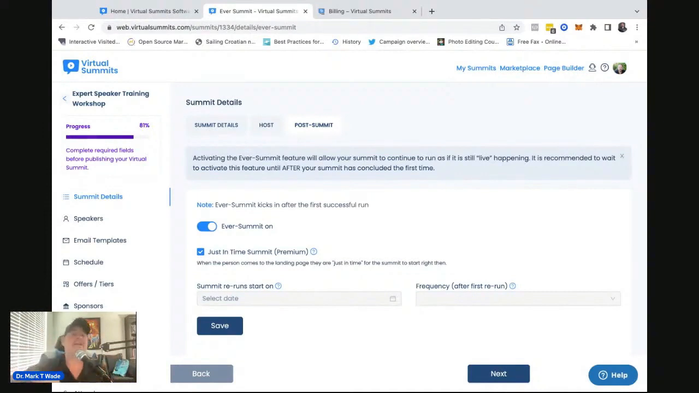Today's day one. Jump in. And if they register today, then it unlocks the summit as if today is day one, and runs the summit as if it's starting that day. So that's really great for catching people at their highest point of excitement, the highest point of conversions, etc. The difference between these two is Ever Summit is great